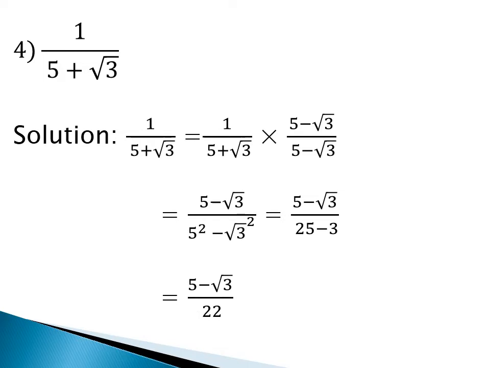So we got a rational number in the denominator. So we have done the conversion. So I think now you got the idea. This is the step you have to learn. We should take such a number to multiply and divide, and finally we are going to get a rational number in the denominator. Now the next question, similar only, so you can understand more well.